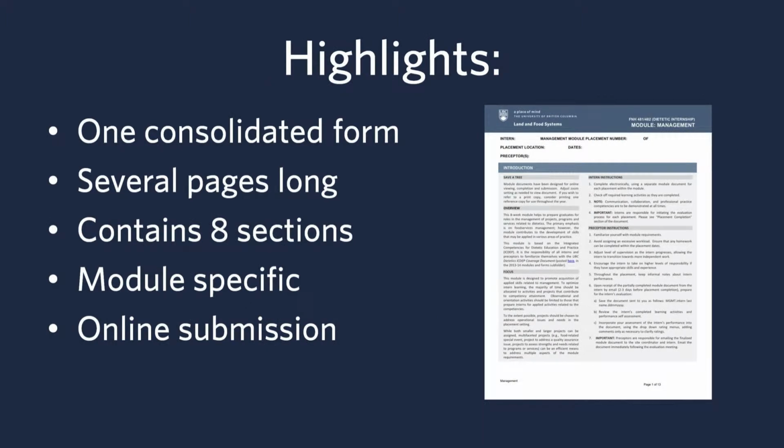To review, the new module forms are consolidated into one form per placement. The one form is several pages long and contains 8 sections that need to be completed by the intern, preceptor, or the core-site internship coordinator. The forms are module specific, and they are electronic forms that are now filled out on the computer and submitted online. In this video, we will walk through a module form, including the key parts of a form and how